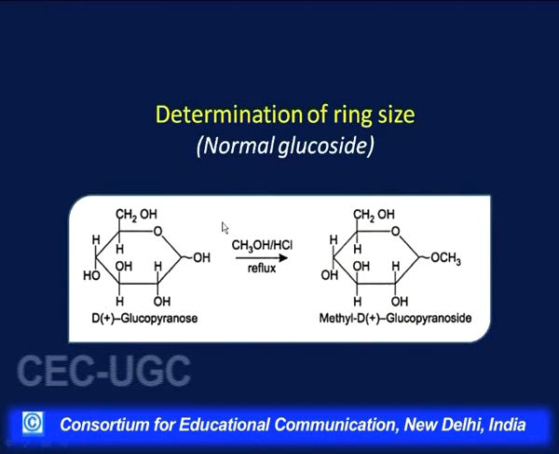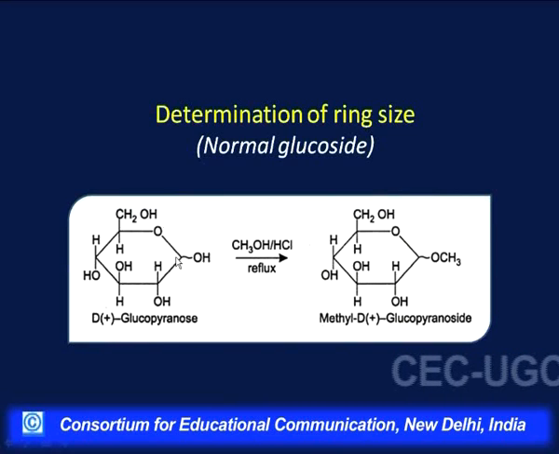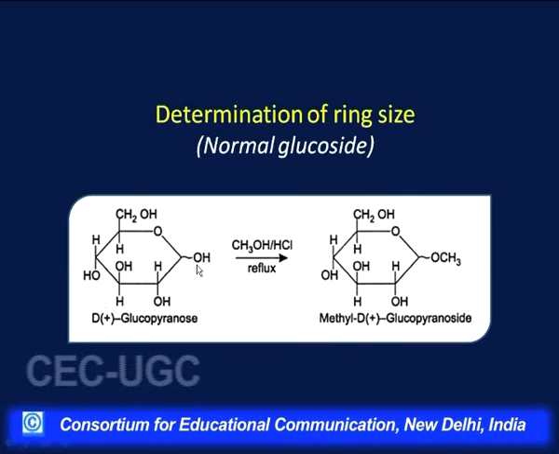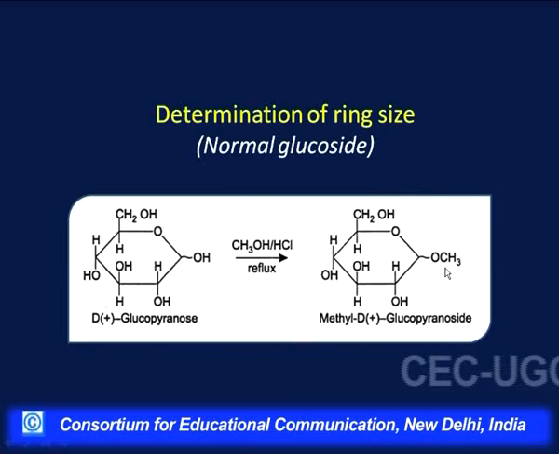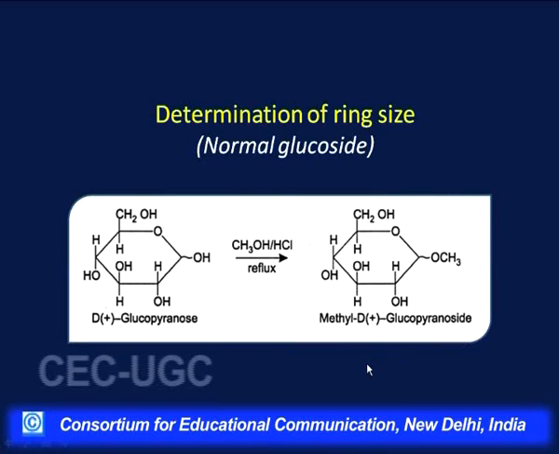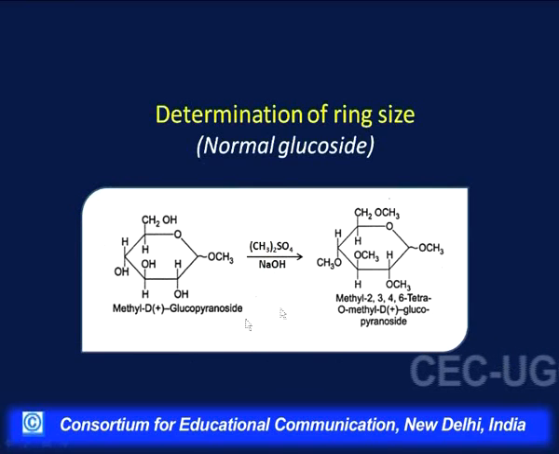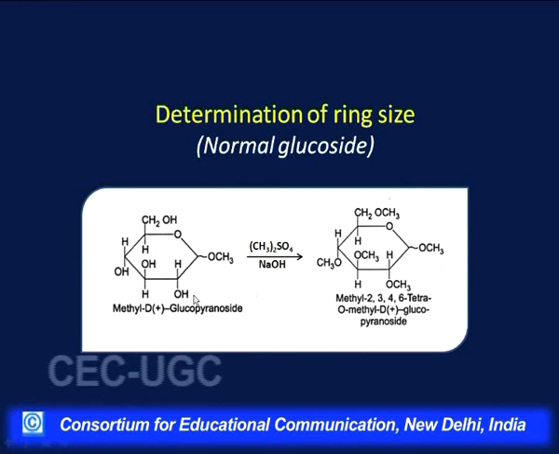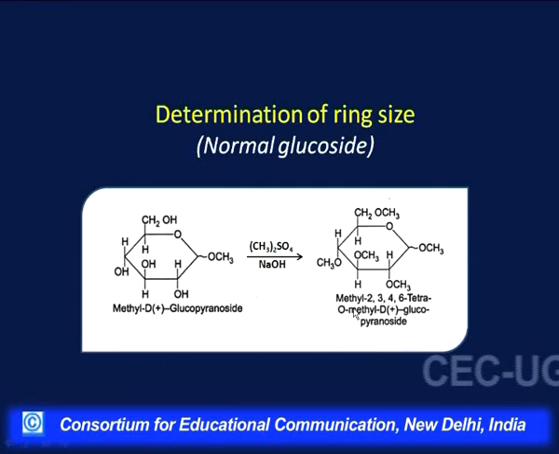This is represented in the Haworth projection. This is D plus glucopyranose. I have shown the wavy line here that I am not taking the alpha or beta anomer, it can be any of these. This is the hemiacetal structure. On treatment with methanol, it is now acetal structure, we call it as methyl D plus glucopyranoside. Here I have taken the full names. Then methyl D plus glucopyranoside is treated with dimethyl sulfate. Now, all these 4 hydroxyls 1, 2, 3, 4, they get converted into their methyl ethers, and we give a correct name to this compound as methyl